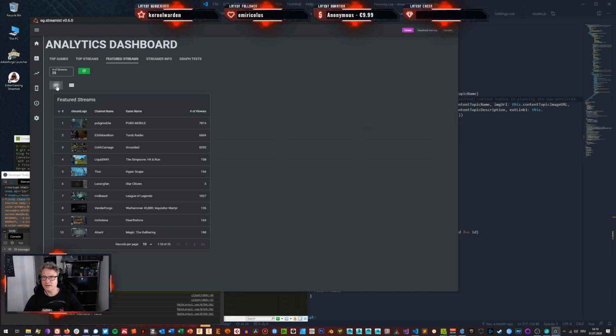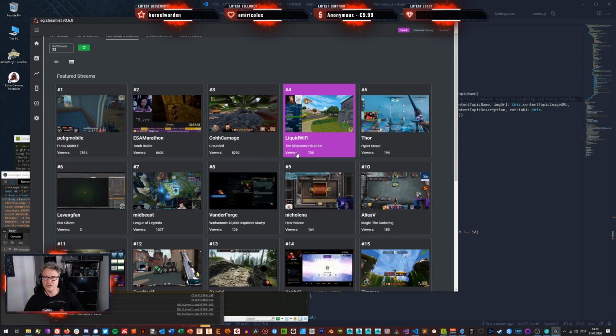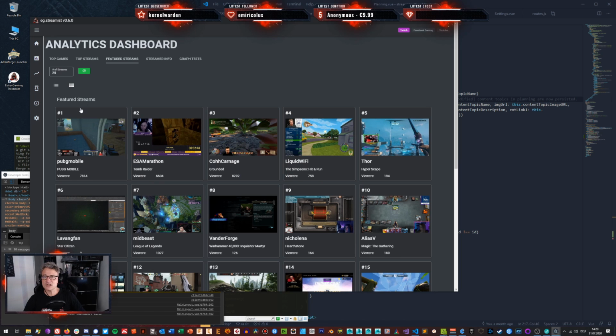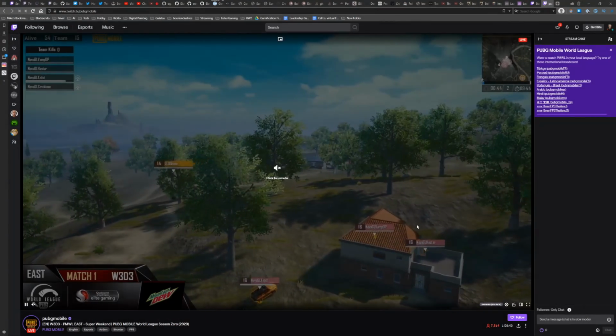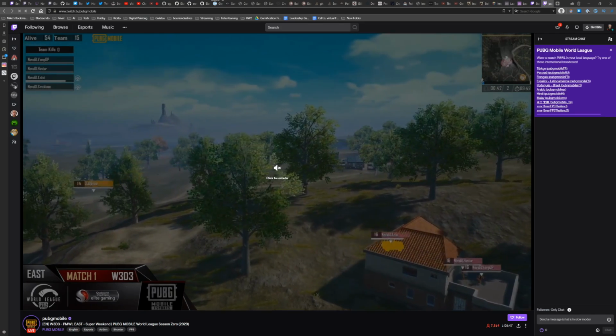You can do the table view, you can go for the grid view. And the difference is actually, this is not a box shot of the game. This is a snippet from the video, the current stream. So I'm taking a snapshot of the stream, displaying it here, and you can then, I don't know, select it, go for it. You can click on it, and you're in the same boat as before. This is actually also a way of jumping into the stream directly.